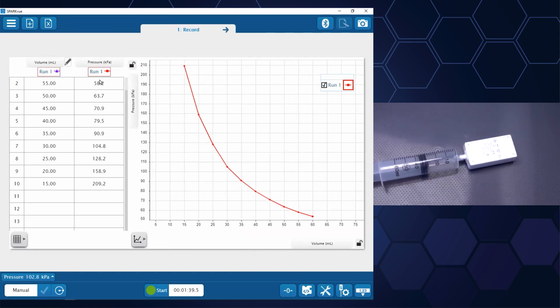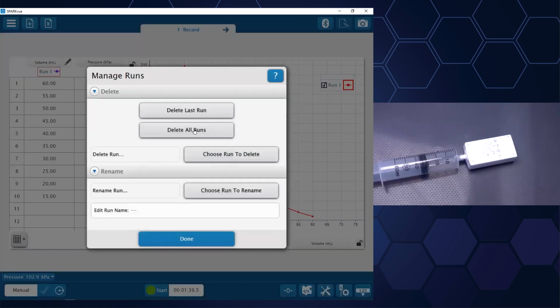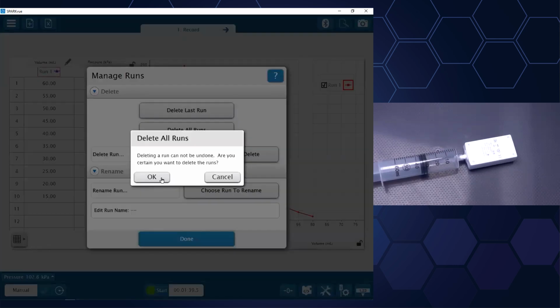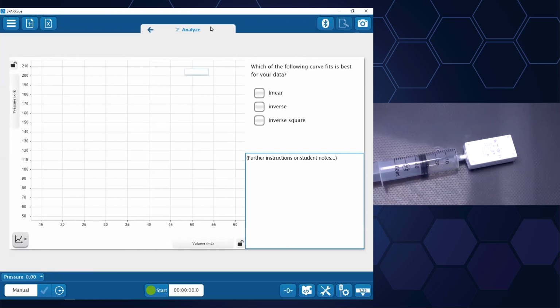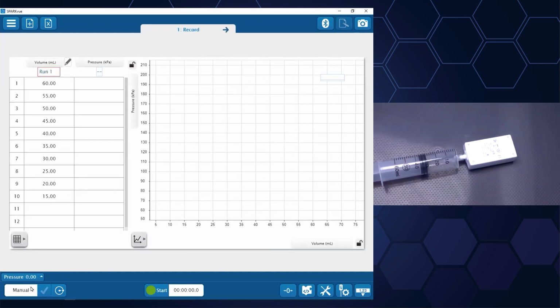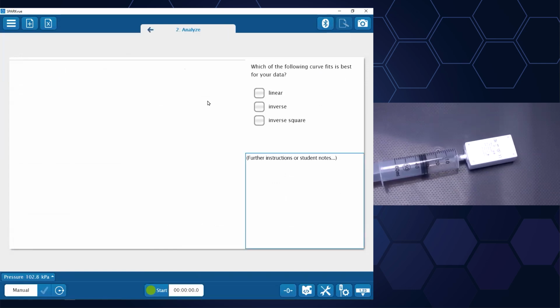So what I need to do is delete this data from the pressure sensor without deleting the volume data. And it turns out user entered data by default doesn't get deleted when you take the following action. I'm going to go to Experiment Tools, Manage Runs, delete all runs, there's only one, and press done. And now if I look at it, I think this file is probably something I could hand my students. It has the sampling mode set to manual. It has some volumes pre-entered. They could always change it if they want to. And it's ready for them to simply connect the sensor, press start, record the data,